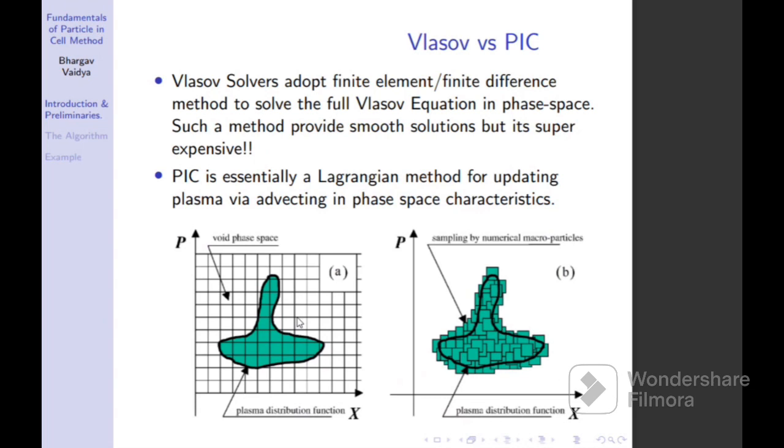Okay, of course, you cannot afford to do the full thing, but if you are very smart and careful, you will understand that the properties of this plasma translate along the characteristics, like what we did in the hydration equation. In the hydration equation, which was described by Pratik and Dipanjan, we discussed the characteristics. Everything moves along the characteristics. So if we can implement an algorithm in which we do this in a Lagrangian frame. Okay. If we do this in some sort of a Lagrangian framework in phase space,